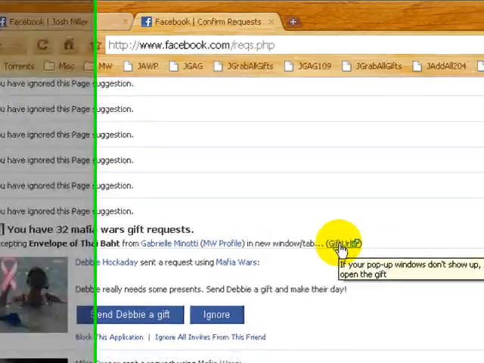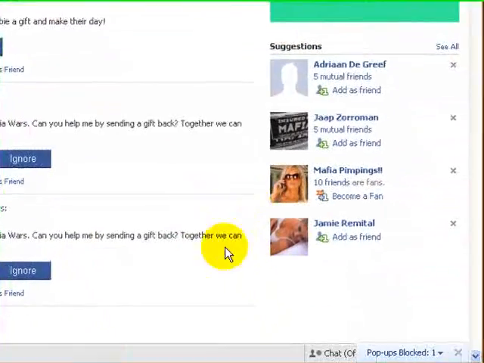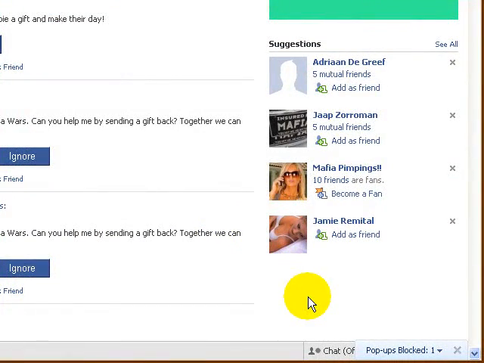This link here at the end, gift URL, you'll notice that it says if your pop-up windows don't show up, you can click here to open the gift. Chrome actually does a wonderful job of handling pop-up windows. See this down here in the bottom right corner, it says pop-ups blocked 1, and there's an X. Don't ever click that X. You can click here on the pop-ups blocked, and you'll see a list of